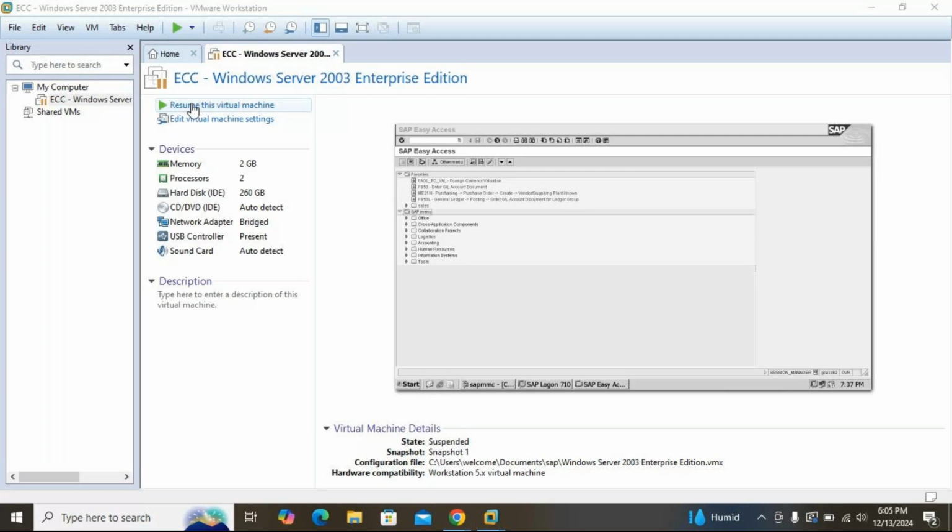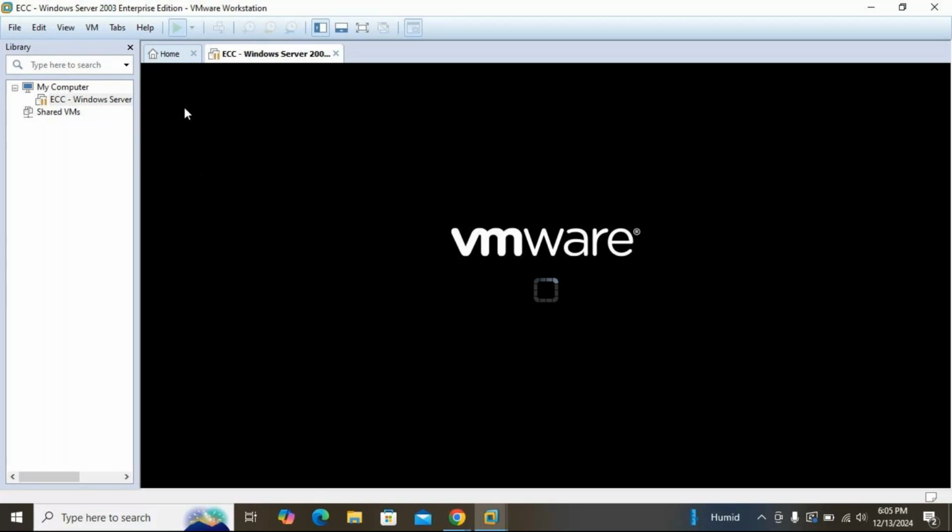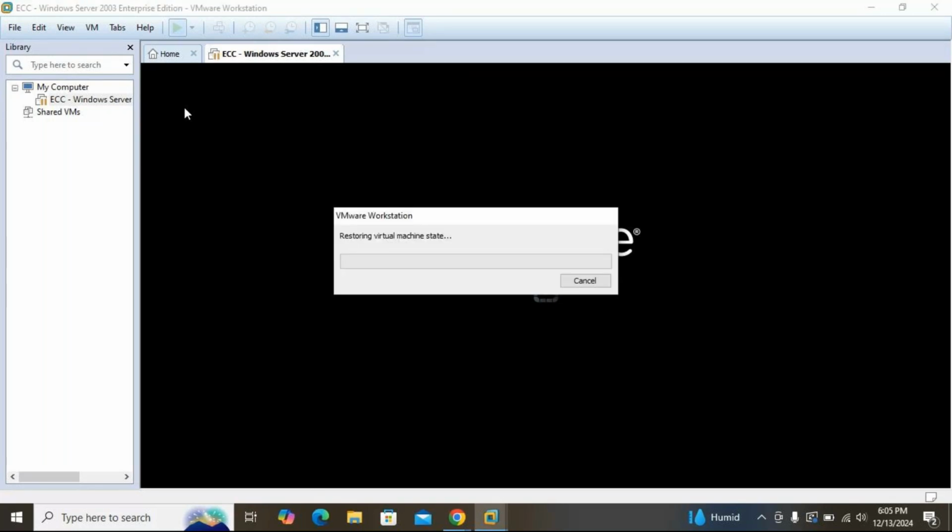Double click on the software, you will get this particular screen. Click on resume this virtual machine. Okay, so it's getting loaded. So this is known as VMware Workstation.